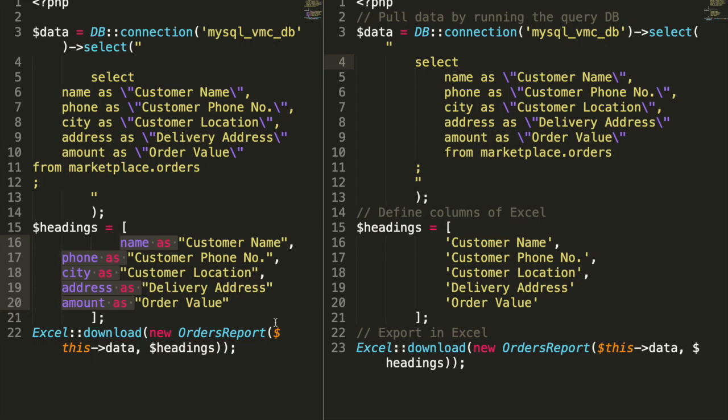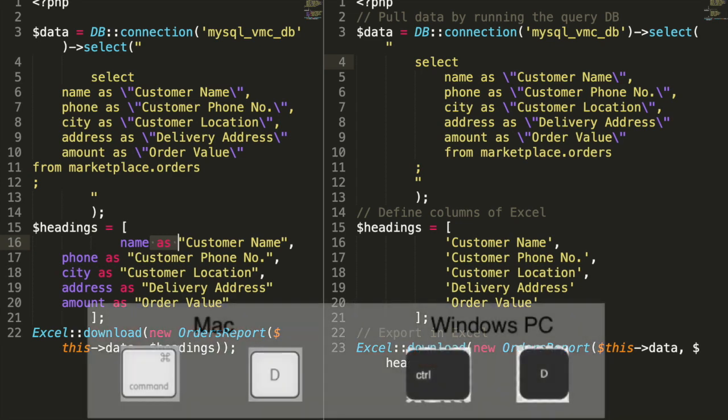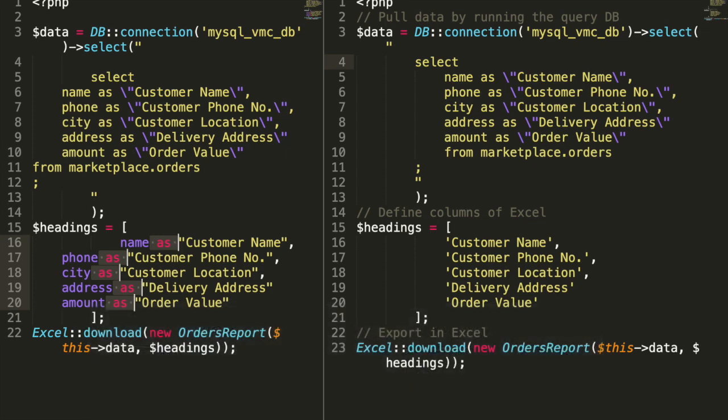Let me repeat this once again. I select the first occurrence of AS along with the spaces around it. Do Command D the required number of times to select all the occurrences. Now if I do Command Shift left arrow from here, see what happens. Okay. So it selects the text on the left of the start of the previous selection.